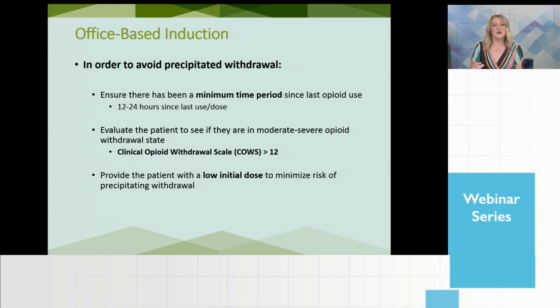Phone a friend, talk to a specialist colleague, and there's ways that you can get them on the medication without doing this. This way, it just works faster. It gets people stabilized quicker, and it really can be very easy to do as long as you feel comfortable being able to assess how much withdrawal they're in.